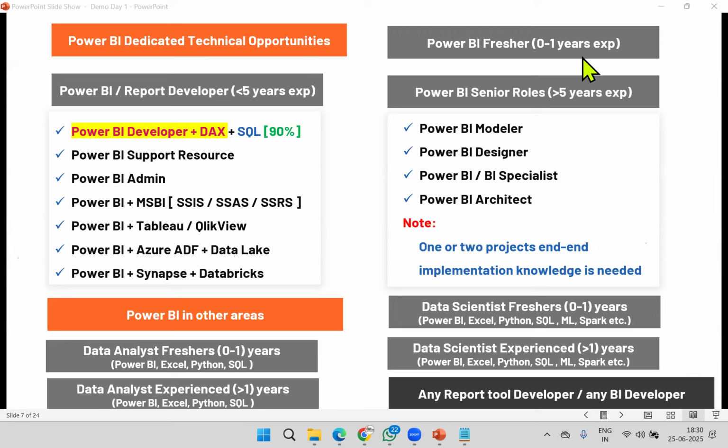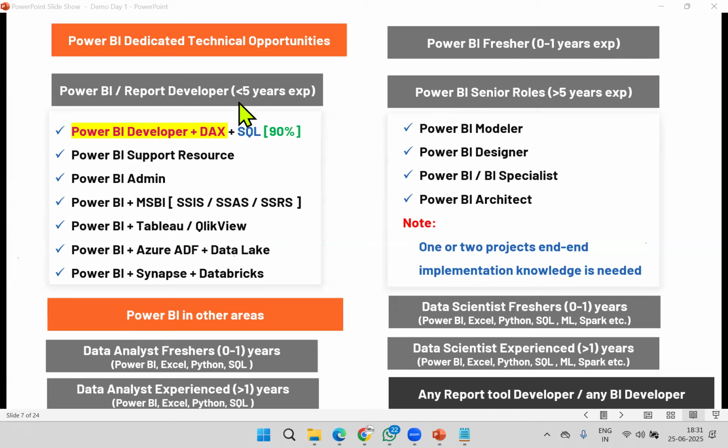This year, little less opportunities, but 2021 to 2024, many organizations recruited freshers. We used to get from startup companies, many, and MNCs normal. MNCs very rarely recruit for Power BI freshers, as they recruit general freshers. But startup companies, yes, approached many and recruited people.